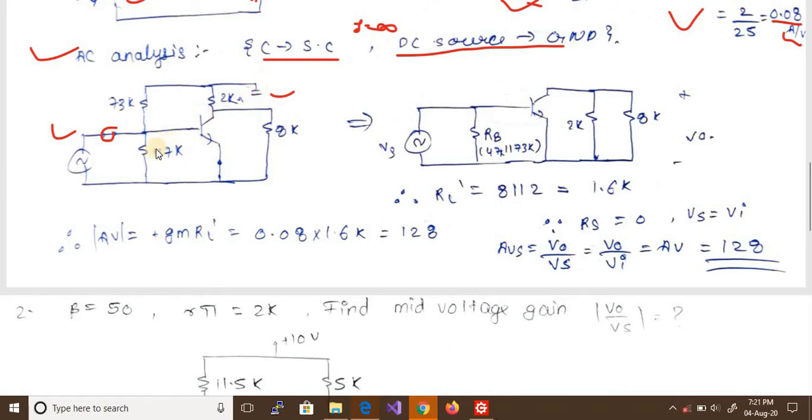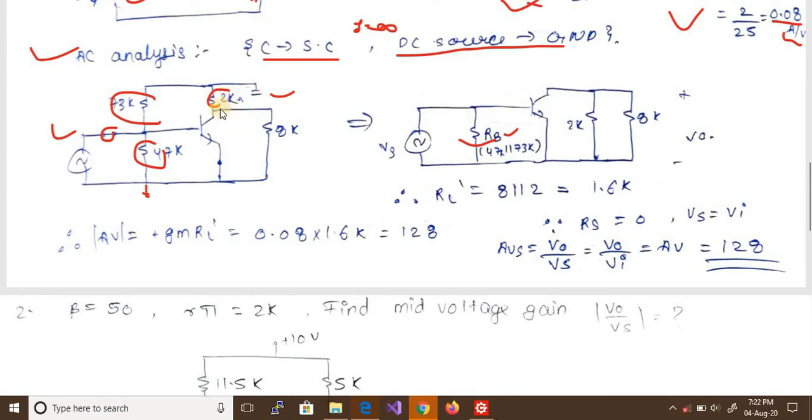Okay, now you can clearly see this resistor, one point is connected to the base of the transistor and one point is connected to ground, and here also you can see this resistor, one point is connected to this base and one point is connected to ground. So you can say this 73k and 47k are parallel to each other. So you are going to say 47k parallel with 73k as RB resistance. It is nothing but base resistor. You can call any name to it, it's not necessary.